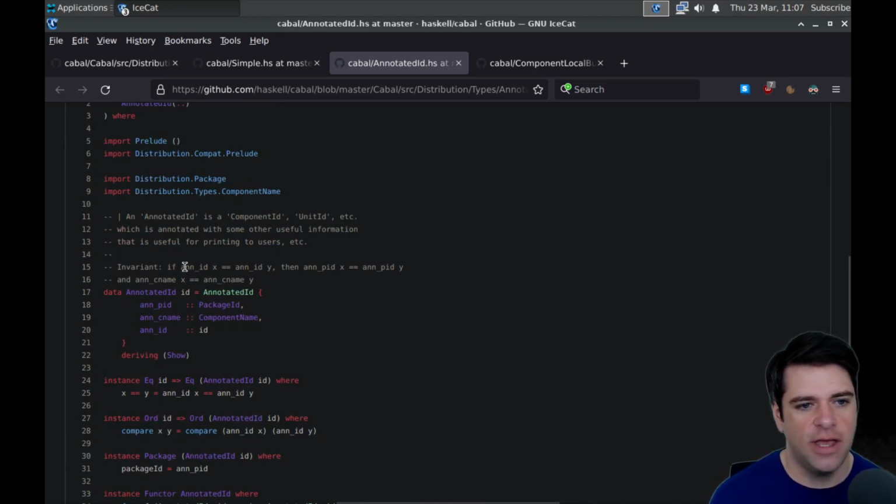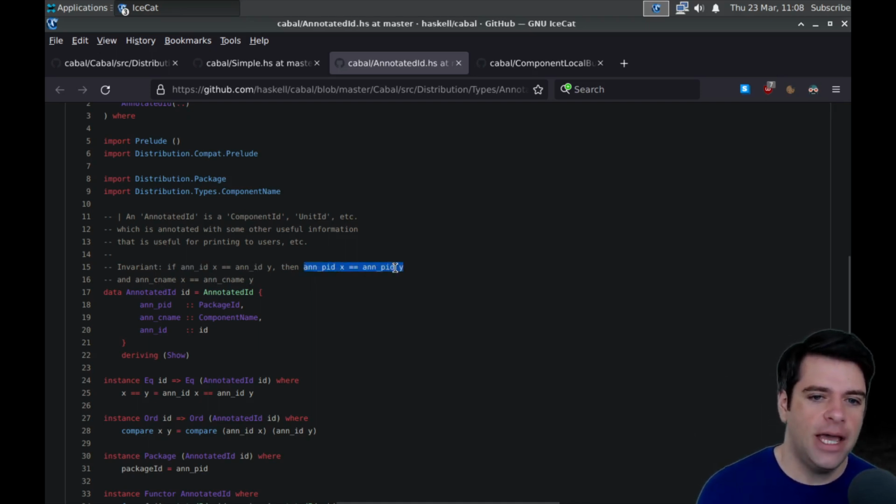So invariant, if an ID of x is equal to an ID of y, then an PID of x is equal to an PID of y, and an CNAME of x is equal to an CNAME of y. Okay, so if they have the same annotated ID, which I'll just call ID in this context, then they have the same package ID, and their CNAMEs are the same.